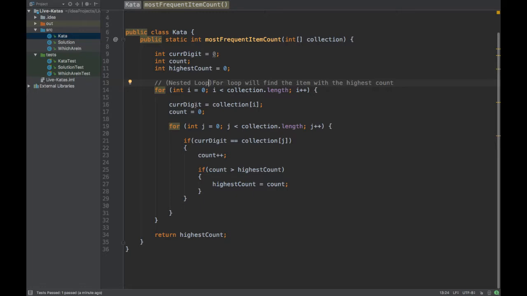And a nested loop iterates through an item 2 times. So first, this runs 1 time. We set the current digit to the very first item in the collection because i is 0. And we also set the count to 0. Once this iterates 1 time, then it goes through the inner loop,